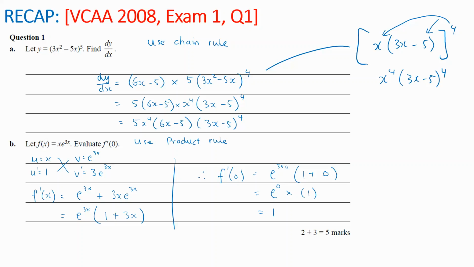This one? Yeah. So, using chain rule, derivative of 3x is 3 times the derivative of the outside. So derive e to the power 3x is itself. So e to the 3x becomes e to the 3x. So if you let u equal to 3x, then du